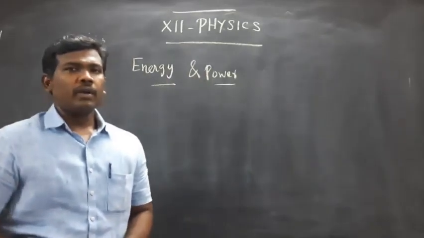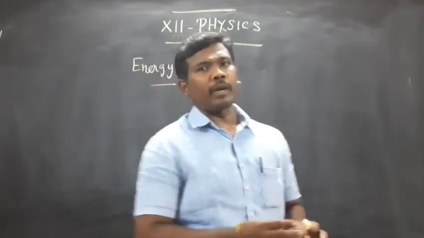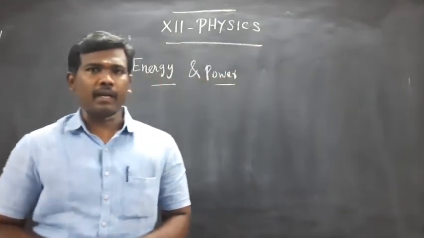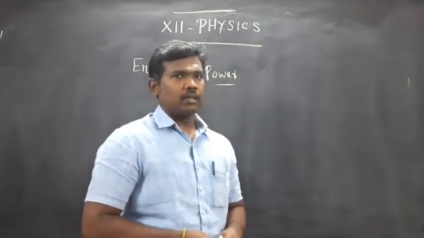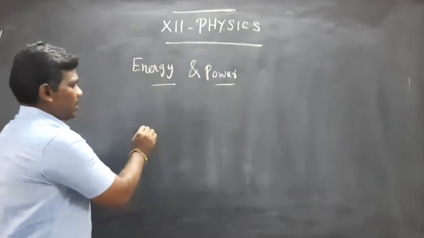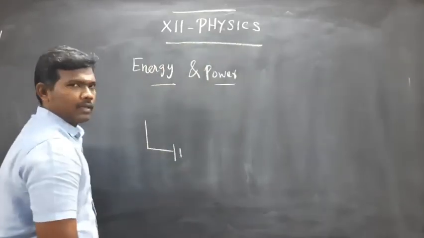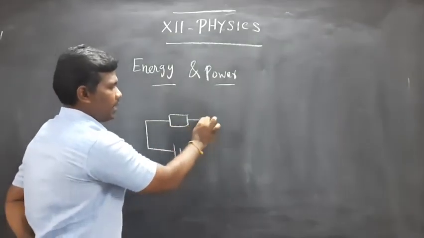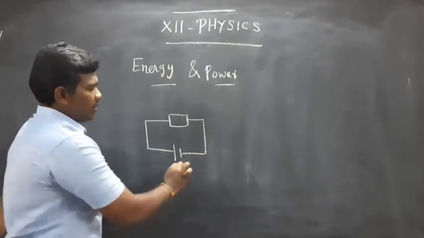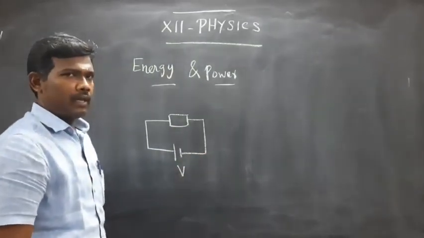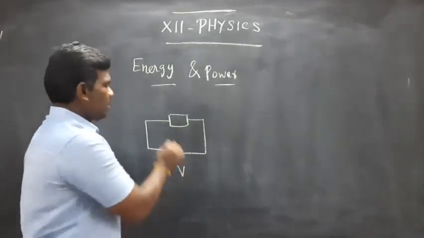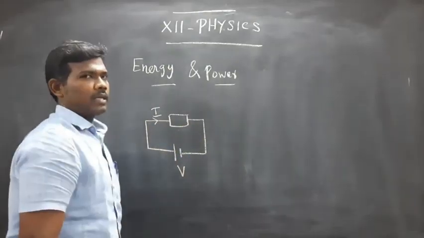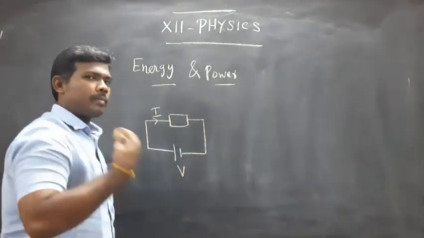Already we discussed that if you connect a battery in a particular circuit, or across a particular conducting material, the current is established. Now we are considering a simple circuit. We connect a power supply with a conducting material. If you set the potential difference V across the material, the current is established. That means some amount of current passes through the circuit. Already we discussed this topic in the previous classes.